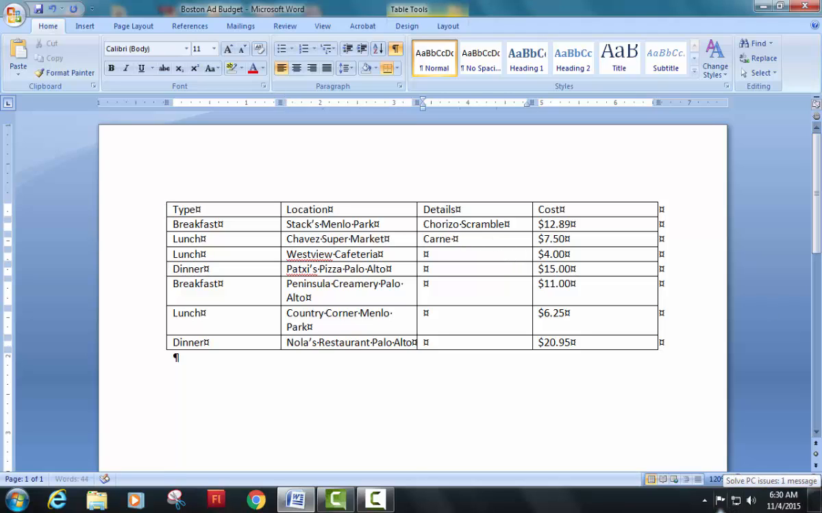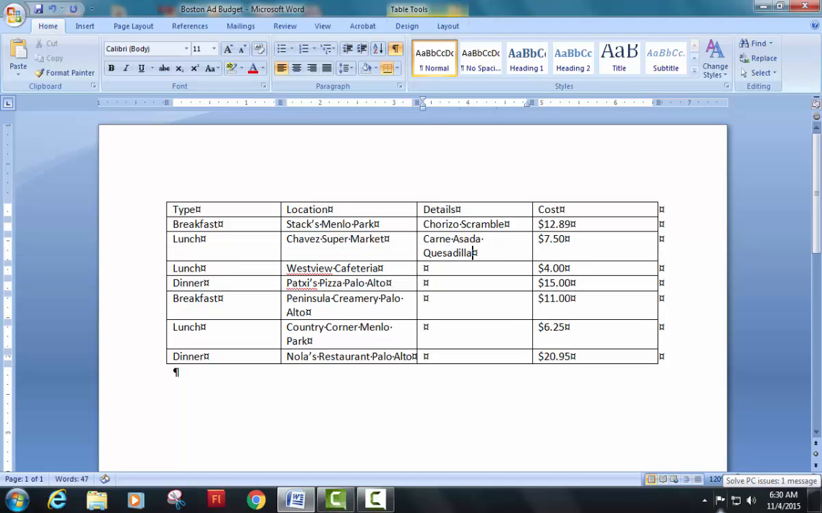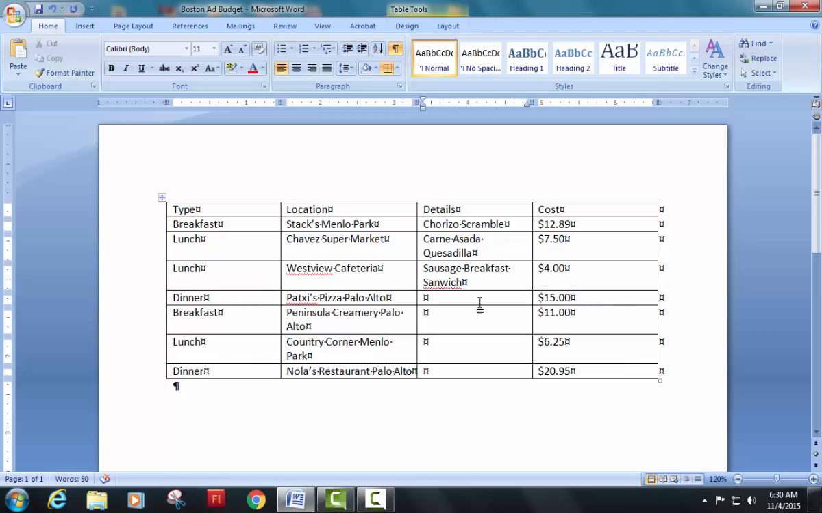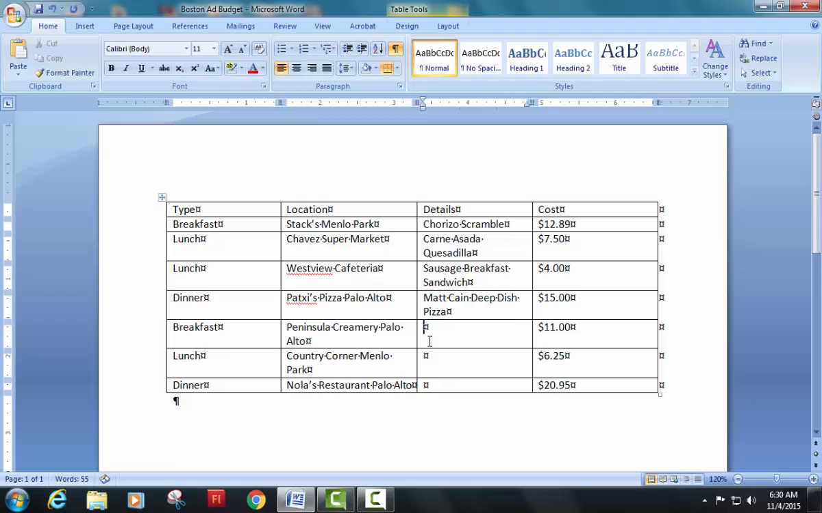I would put a carne asada quesadilla, Westview Cafeteria, let's just say sausage breakfast sandwich, Apache's Pizza, Matt King deep dish pizza, Creamery, basic breakfast and bacon, Country Corner, definitely hot pastrami sandwich, and Nola's. They have an amazing